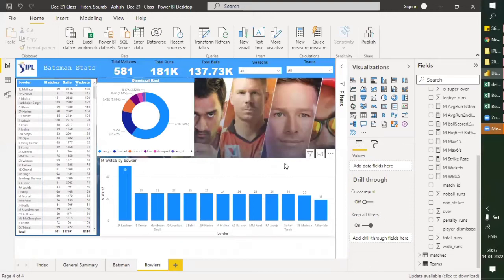One over has 6 balls, so if a player has bowled 66 balls, that equals 11 overs. Then we divide the runs conceded in those 66 balls by the 11.